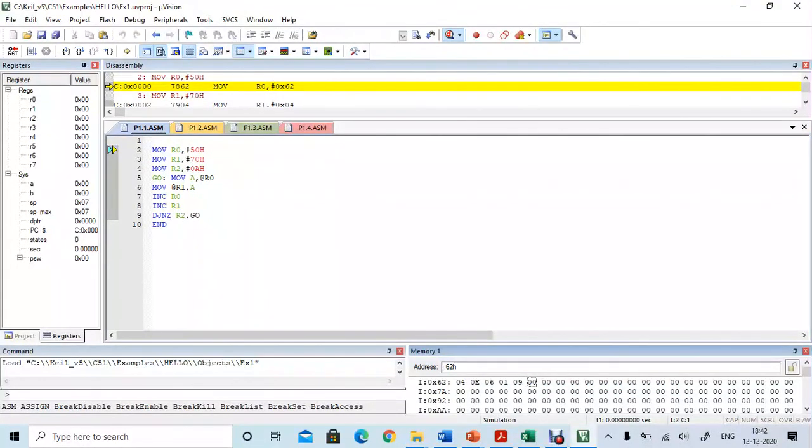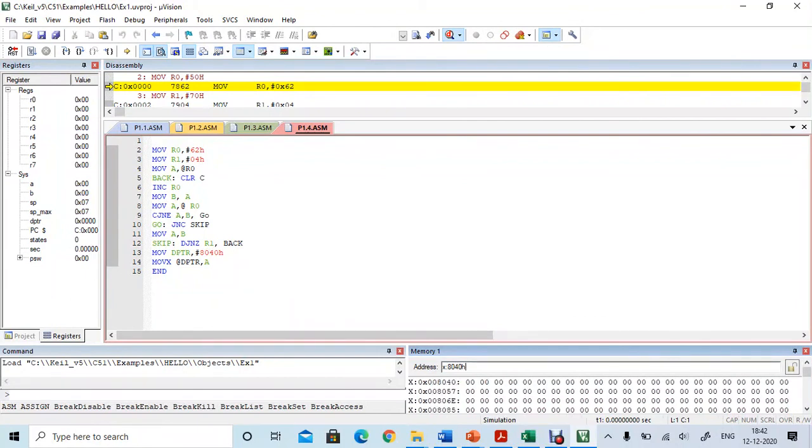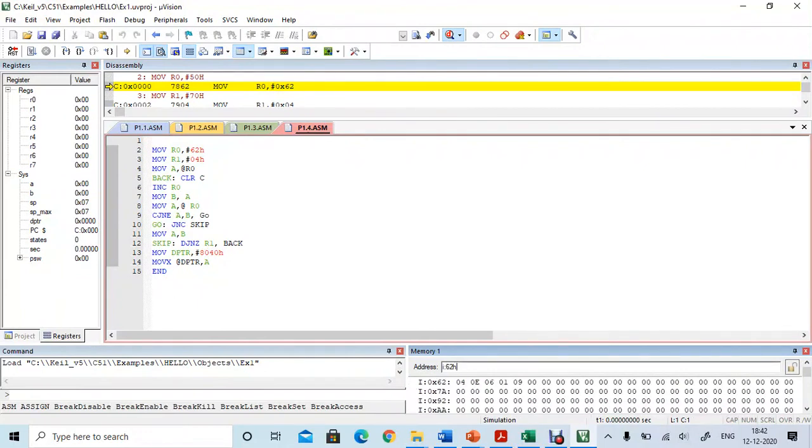Then we have to check the output in the 8040H location. Currently we will see what is there in the 8040 location. It is 0. We have the input given to the 62 onwards memory locations.